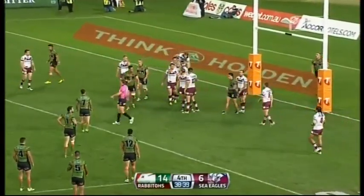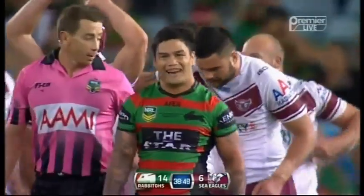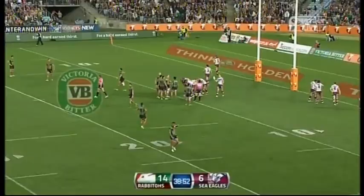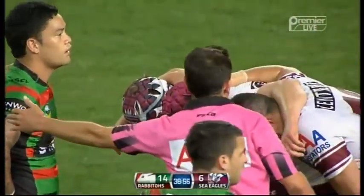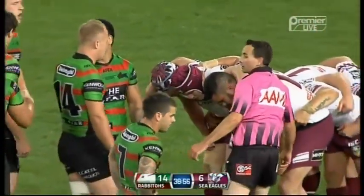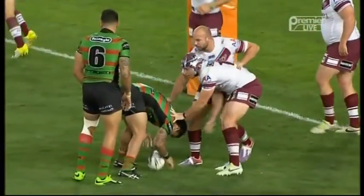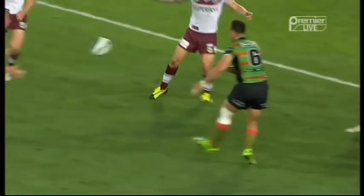George Burgess comes out of scoring what he thought was a try with a big smile on his face. But there's been a knock-on at the play the ball. And Manly rejoice. Stay there, boys. Form up now, South. Yeah, there's no doubt the Manly players stopped. They saw the knock-on and heard the whistle. Here it is here. There's a knock-on in the play the ball there. They hear the whistle and